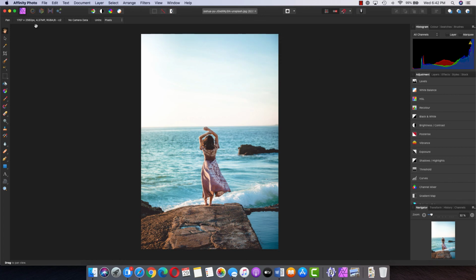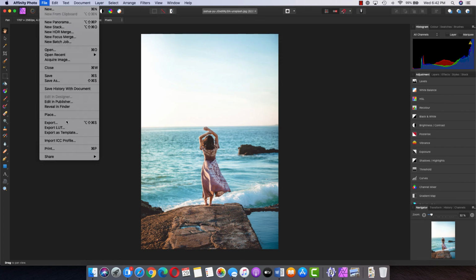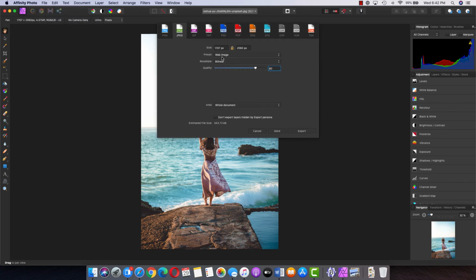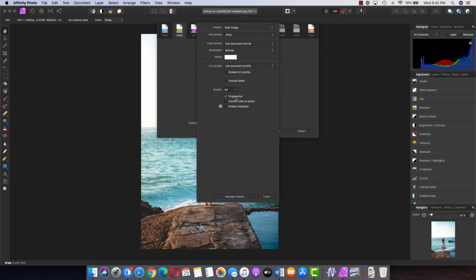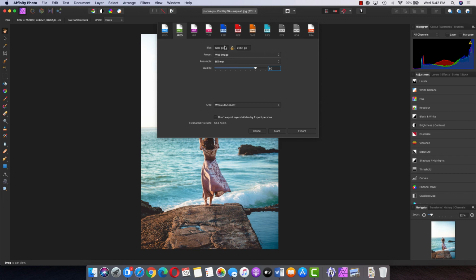So let's cancel this, come here and do an export again, and you can see that in JPG, earlier we used to have 4 presets, now we have a web image preset which automatically gives you 80% and doesn't embed ICC profile, doesn't embed metadata, it is progressive, and you can directly just size it accordingly and export it out for your web users.